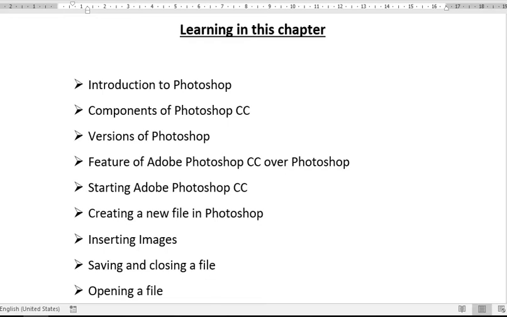It was published in 1988 by Adobe Systems for photo editing applications, and from 1988 to 2020 it has changed through many versions and added many features to Photoshop.